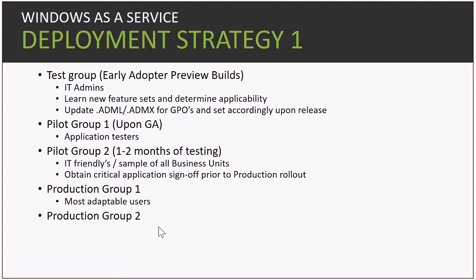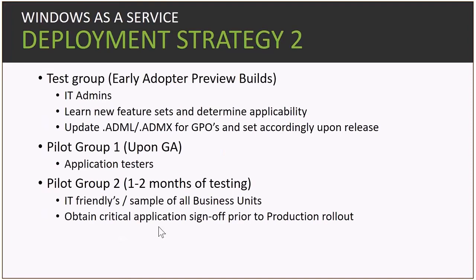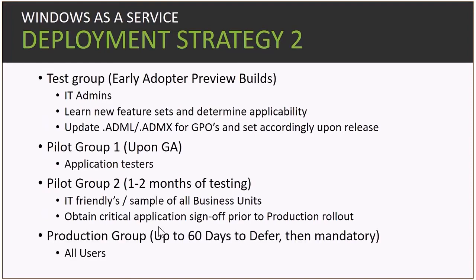So to get into the production group 1 and 2, so the most adaptable users to the least adaptable users. Now that's one approach to it, right? So this is something that, again, is an ongoing operationalizing task that you have to make in your environment that may not exist today. So a lot of this might happen during projects in the past that needs to happen more frequently.